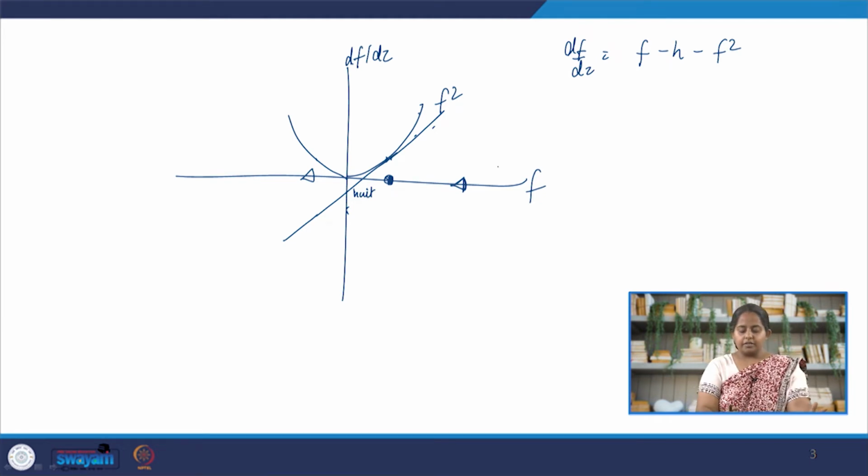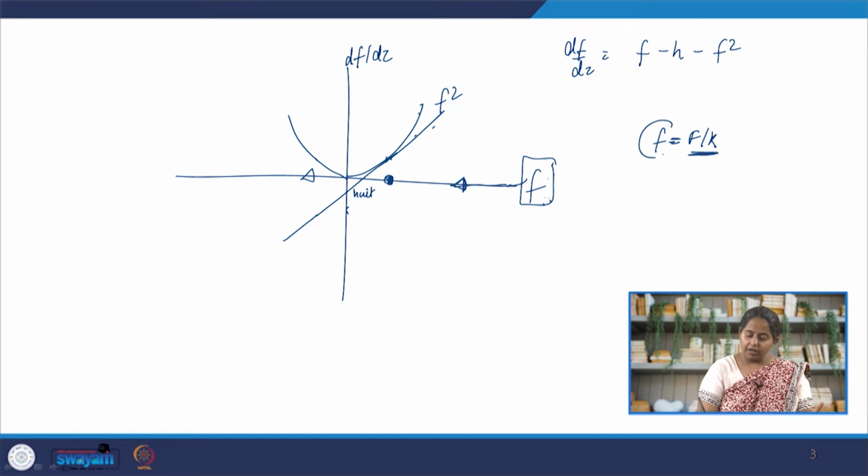However, just looking at this phase portrait informs us that no matter what f we are starting with, now f is not the number of fishes, remember we have dimensionally scaled the system. No matter what our initial f is, the number f will keep on reducing. And since we are dealing with the actual number of fishes, we know that f is equal to F by K. So no matter how close or away we are from the carrying capacity, eventually the small f will keep on reducing. Since K is constant, F will reduce. Basically we are driving the fishes to extinction,